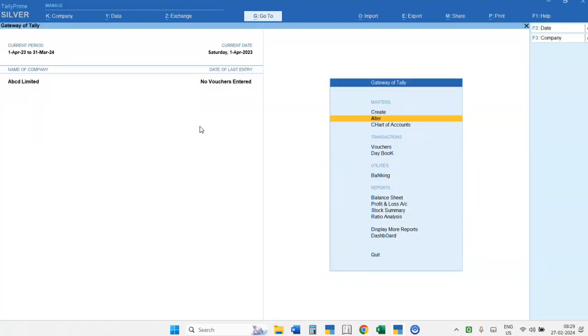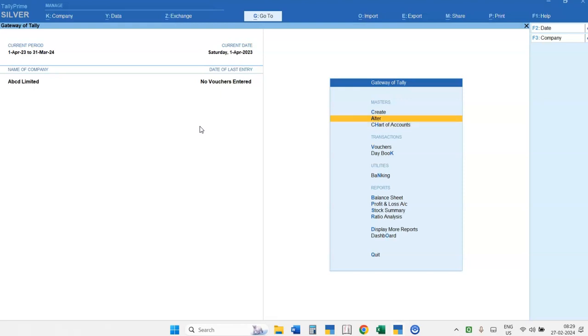Now you have to create certain ledgers, for example sales ledger and purchase ledger. You have to create the unit of measurement. You have to create the items which you are going to sell or purchase, and also you have to create data or characteristics with GST master data. I have already created the ledgers, so I am showing how we configure such ledgers for the purpose of GST.